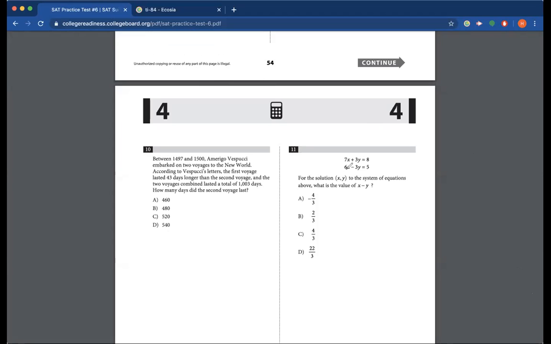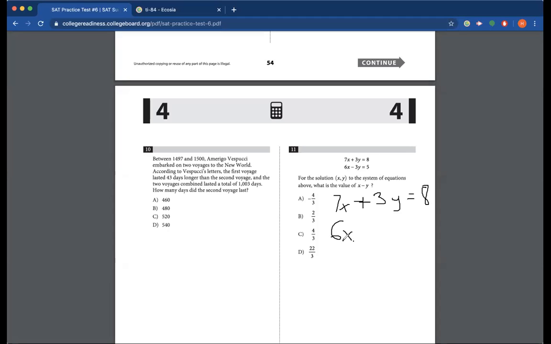Okay, let's solve this problem. So 7x, yeah, I was just asking which calculator you have. Let's see. I should have a calculator tips class. You guys just see calculator tips. Okay, so